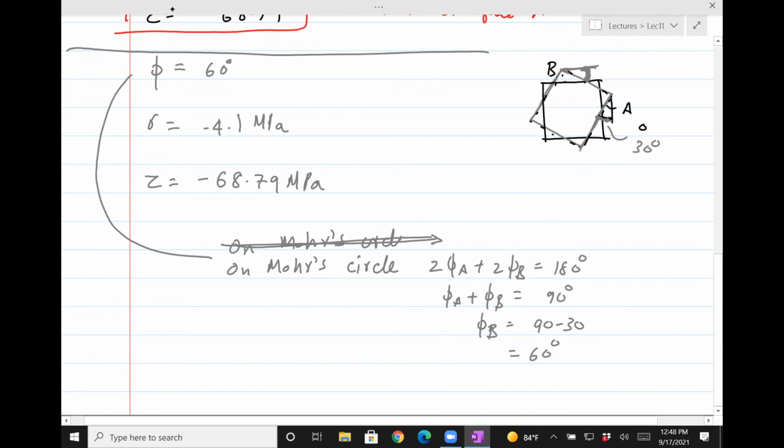And then tau equals minus 68.79 MPa. So this is using the formula and not relying on the Mohr circle. So some of you who don't want to use the Mohr circle can use the formula we derived. Okay, so you're almost out of time. So the plan is